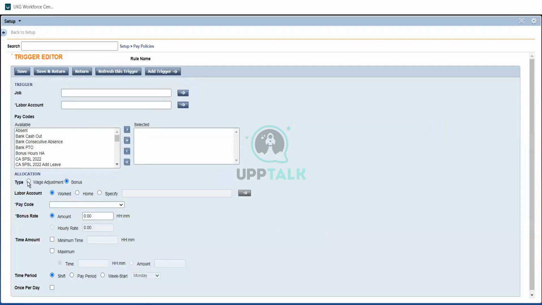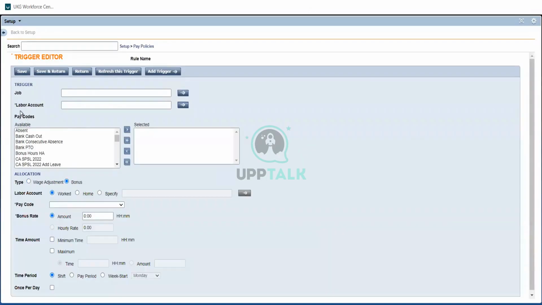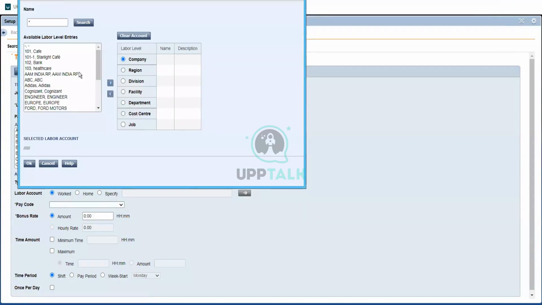We can give a bonus or we can give a wage adjustment. In both items, you need to pick a labor account. In my case, I'm not saying anything, I'm just choosing which company, which job, which department I'm going to pick. Maybe I'll go with